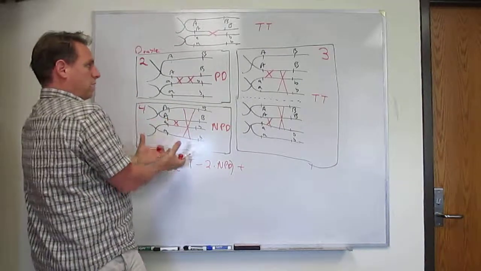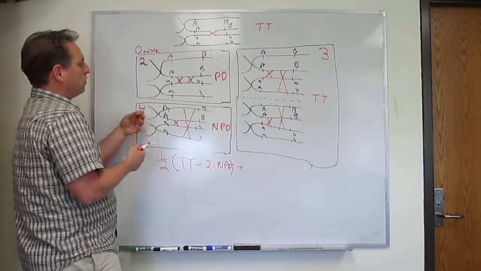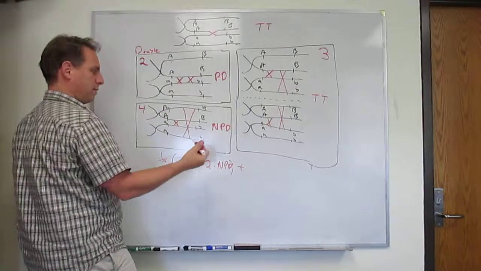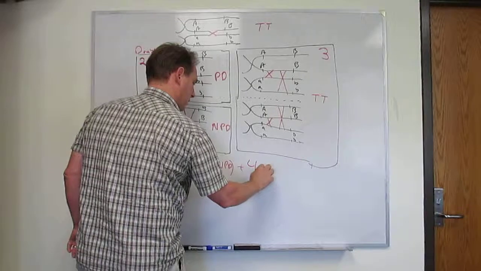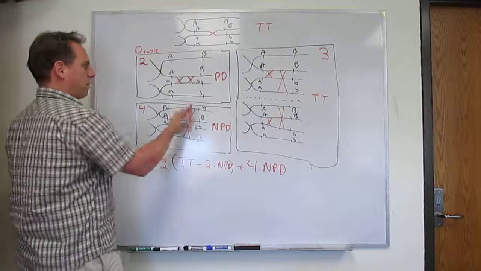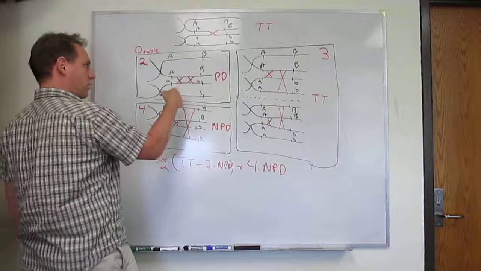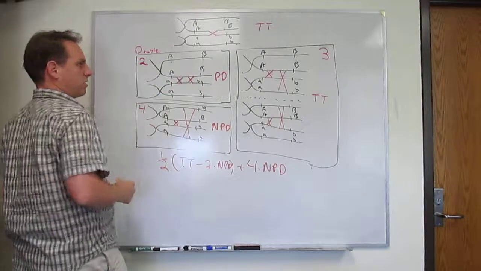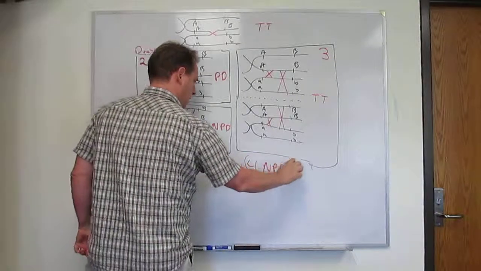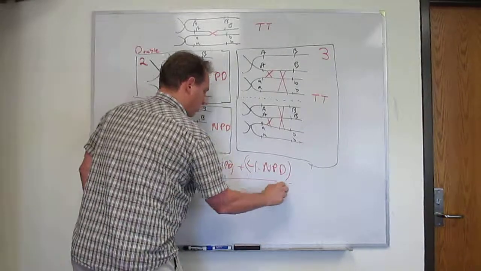So what you can do is estimate the number of 2, 3, or 4-strand doubles by simply multiplying the number of non-parental dye types by 4. Okay, 4 times the number of non-parental dye types. And we don't do that half thing because in all of these scenarios there's 2 crossovers for each one, so on average each of the sister chromatids will be involved in a crossover, so you don't need to do this half thing. This gives us the number of crossovers that have occurred between A and B over the total number of tetrads